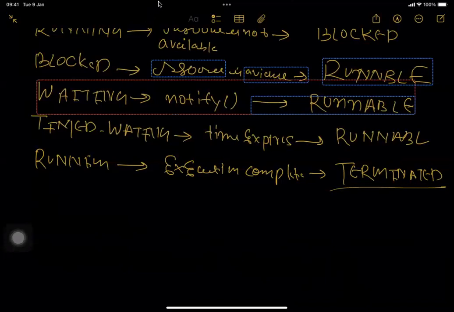So, clear. In tomorrow's class, the next class, we'll see all of this from one state to another state, how to get the state, what is the use of join, everything, and how to call notify and all. Okay. So for today, let me stop the